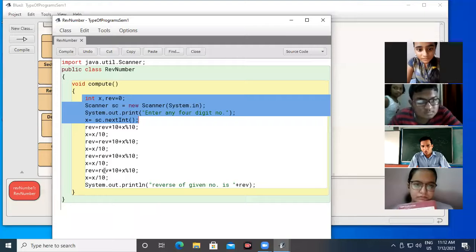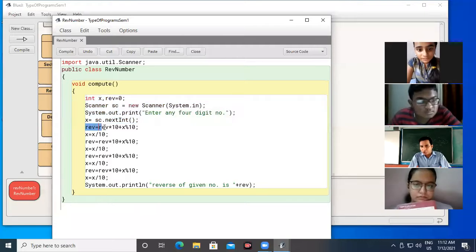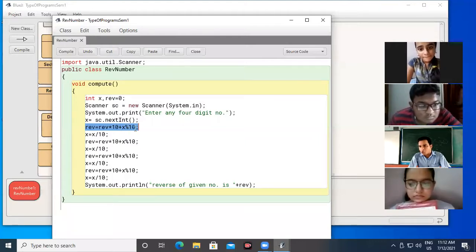No, sir. Okay. Next, I am going to take one variable, REV. The initial value of this variable is 0. REV multiplied by 10 plus that number modulus 10. Modulus 10 will give you the remainder, meaning the last digit of that number.